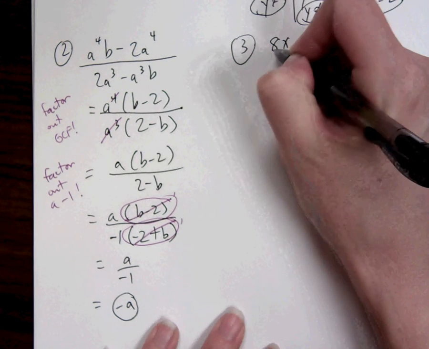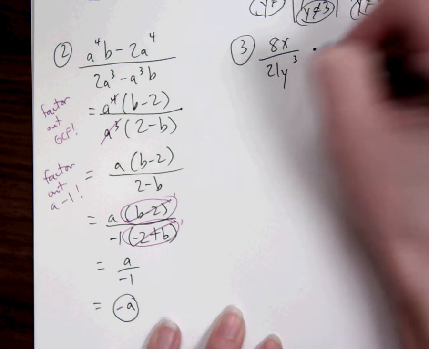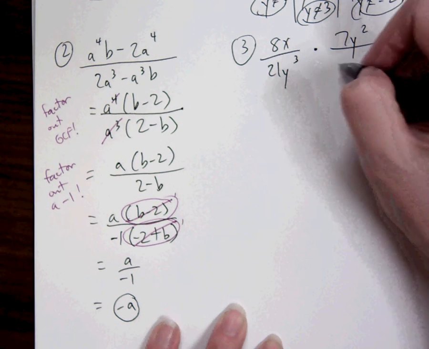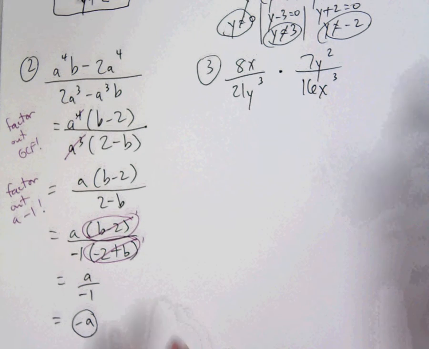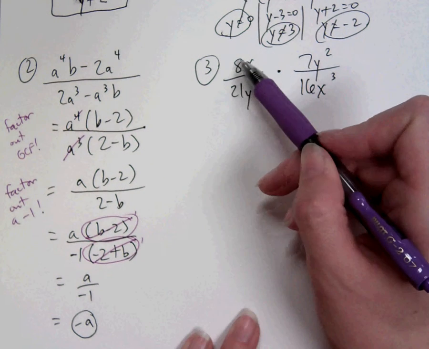Something like 8x over 21y to the 3rd times 7y squared over 16x to the 3rd. Okay, there's a couple ways to do this. You can go ahead and multiply straight across and make it all one big fraction, because that's how you multiply fractions. Or remember, you can do some cross simplifying first,